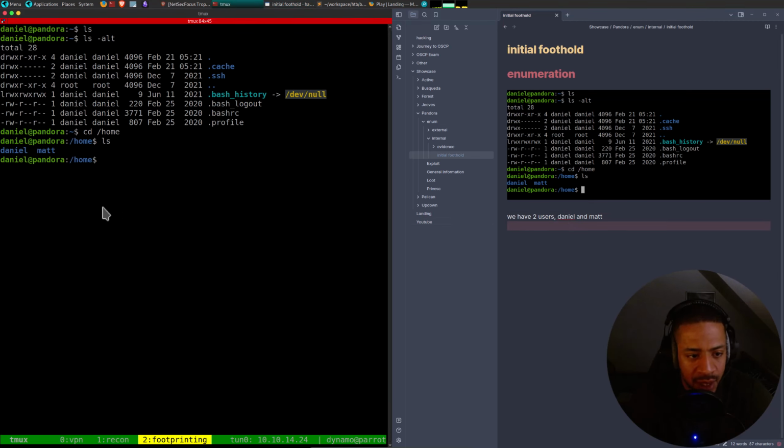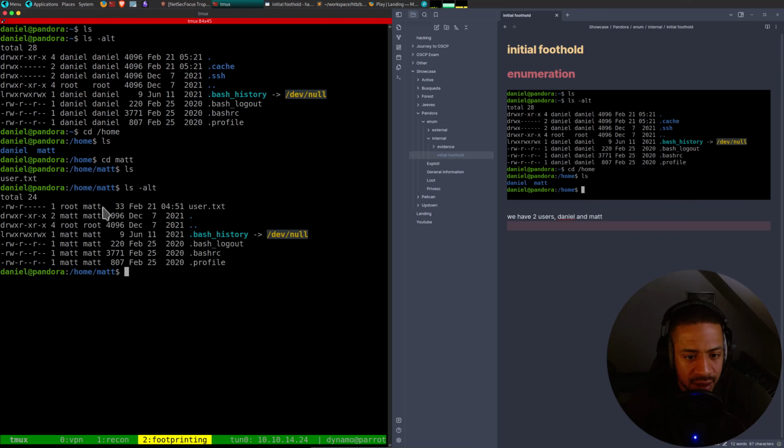And Matt is probably the very low privileged one. Let's see if we can navigate to Matt. Yes. Can we cat this? No, we cannot read it. Okay, let's see. What can we do?